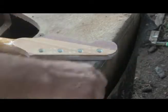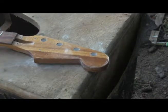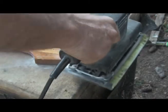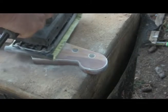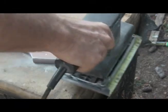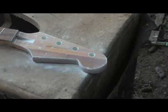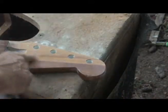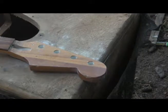You may have noticed that with the power sander, it goes rather quickly. Let's flip it over and do the other side. Thing always sounds like it's screaming. Oh yeah. Coming along nicely there. We got a couple of spots. Huh. Right there around that hole. I don't know if we got a low...